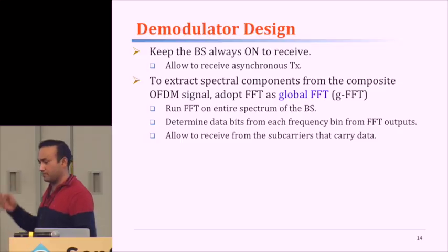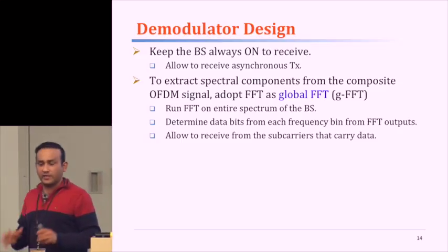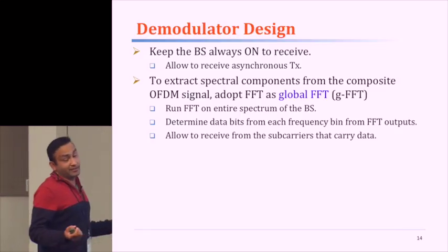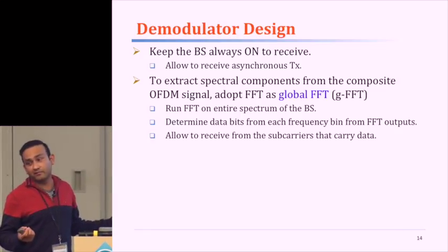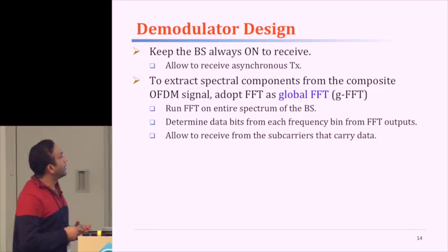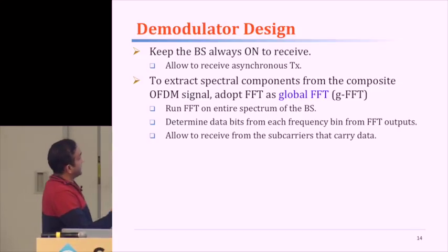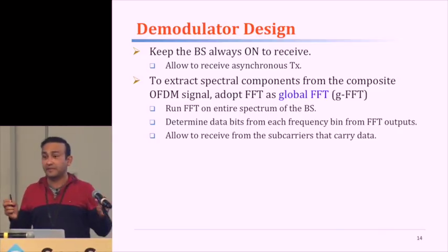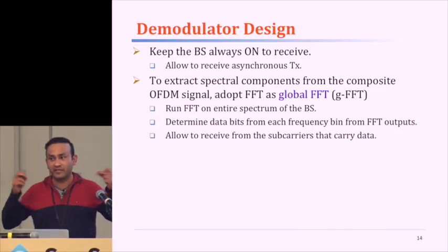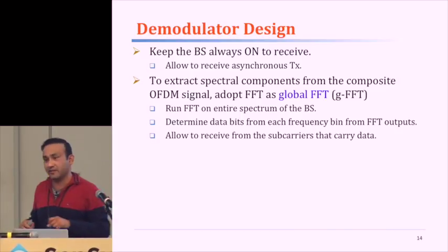It's line powered and we don't care if it's always on, okay? We just keep the base station always on, which means it can receive asynchronous transmissions. Whenever you guys transmit, the base station is ready to welcome. But what does the base station receive? It receives composite signals, so it's not easy to retrieve the data from individual subcarriers, to single out